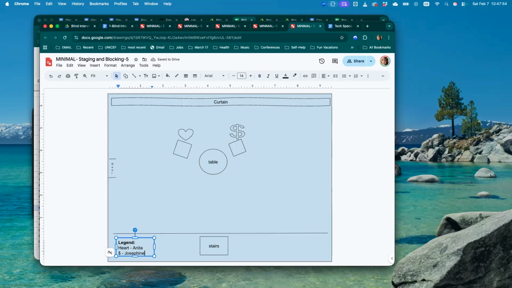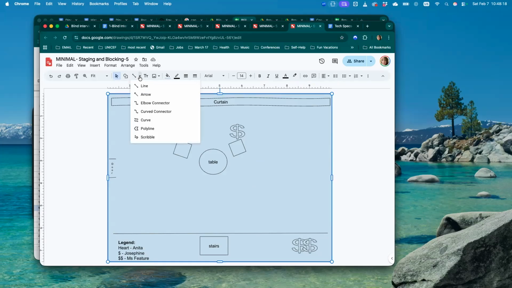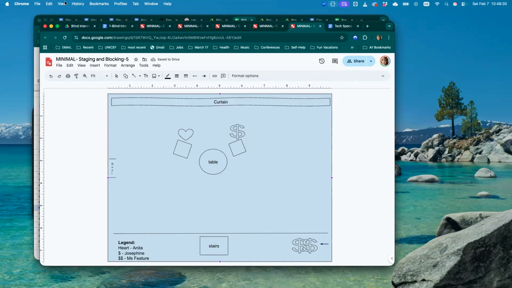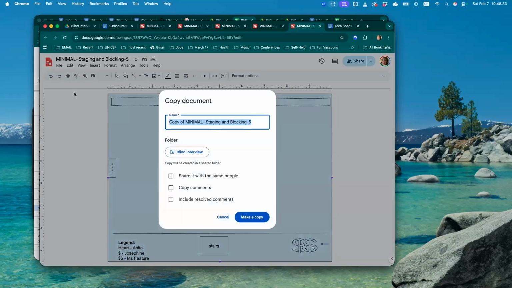Now, let's say Double Dollar is Miss Feature, okay? Because she's also the money chick. And then we have Double Dollar. I would say she should be sitting in the front row and then she should just stand up. That would be really funny. Yeah, that would be good. Whatever, we'll figure it out. And then the last one would be